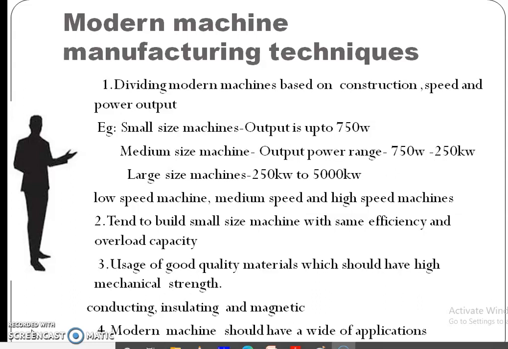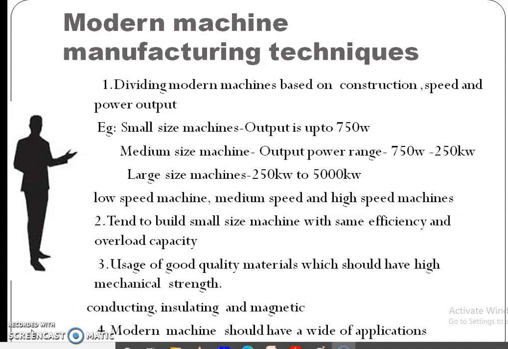Even based on construction we have already divided them into different kinds of machines. In the case of induction motors, we have divided based on the construction of the rotor. What are those? Slip ring motor and squirrel cage induction motor. These two types we have made based on the construction only. And speed also: low speed machines, medium speed machines, high speed machines, like that. Researchers or manufacturers divided the system based on speeds to make the operation simple.